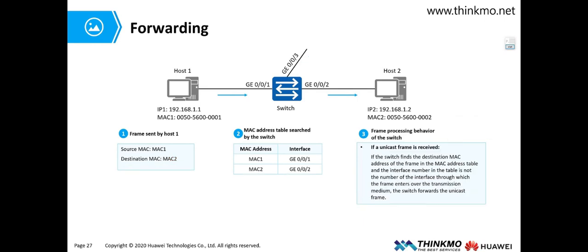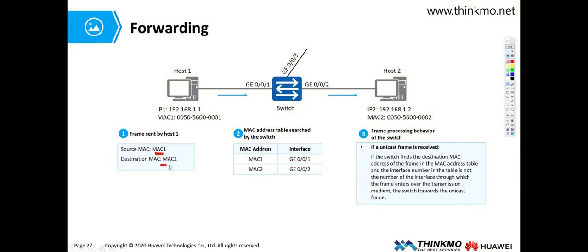You might encounter a forwarding situation. Under what circumstances will we forward? Here, let's say I have a single data packet, whether through a transmission medium like a network cable or fiber optic, entering our switch interface. Here, I will check the corresponding relationship between the MAC address and the interface, and then forward according to the MAC address. For example, during this process, we see that the source MAC address is 1 and our destination MAC